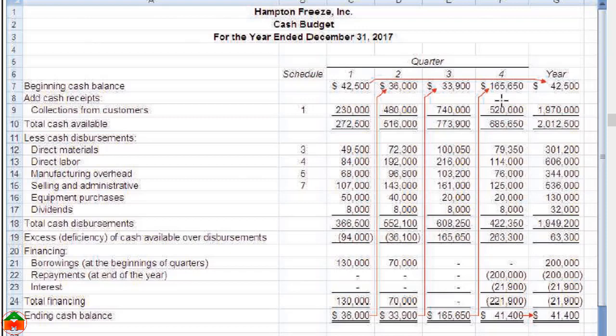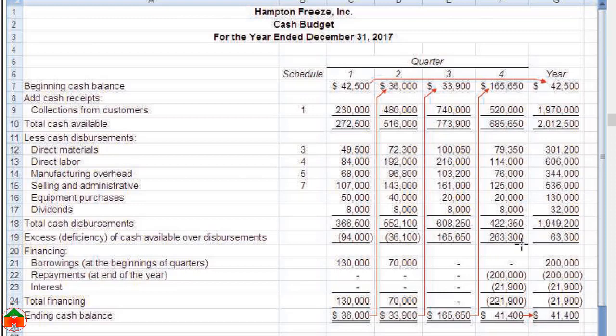And in the fourth quarter, our cash collection from the customers is 520,000. So our cash availability is 685,650 and our cash disbursement is 422,350. Here our cash availability is higher than the cash payments. That's why there would be an excess of cash. Our excess cash is 263,300,